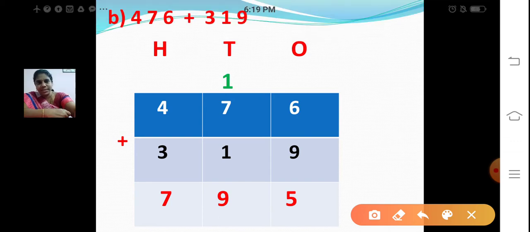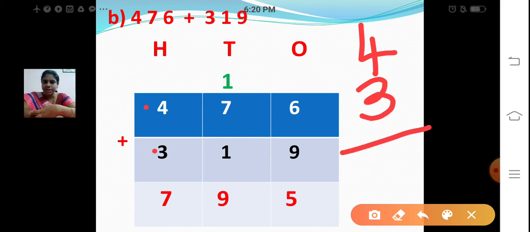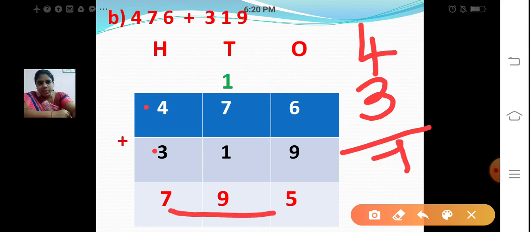Hundreds place. 4 plus 3, 400 plus 300. Let's add these two numbers now. 400 plus 300, 4 in the mind, 3 in the finger. After 4, 5, 6, 7. 400 plus 300 is 700. So my answer is 795. When you add the two numbers 476 plus 319, my answer is